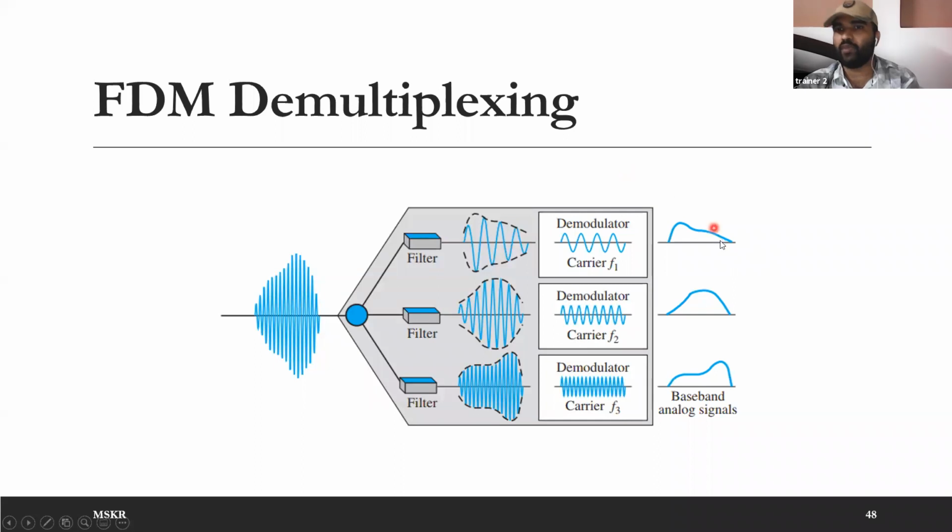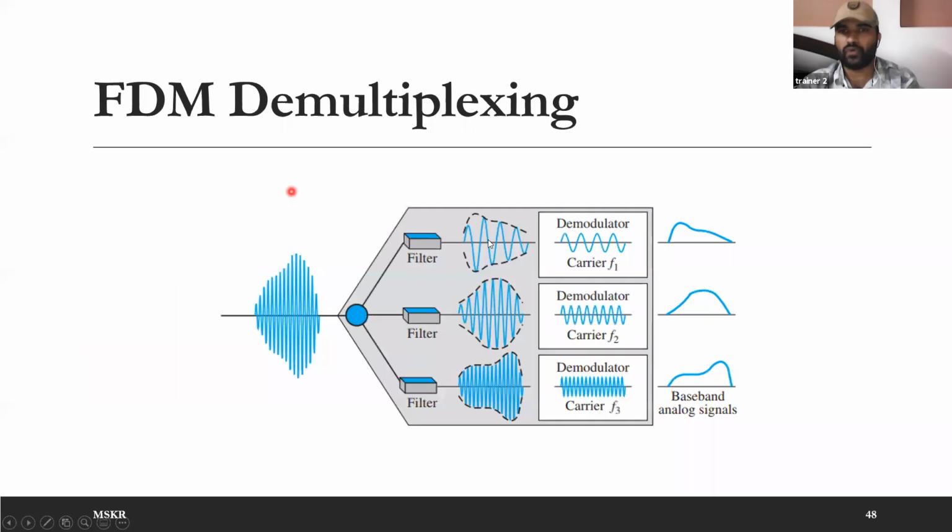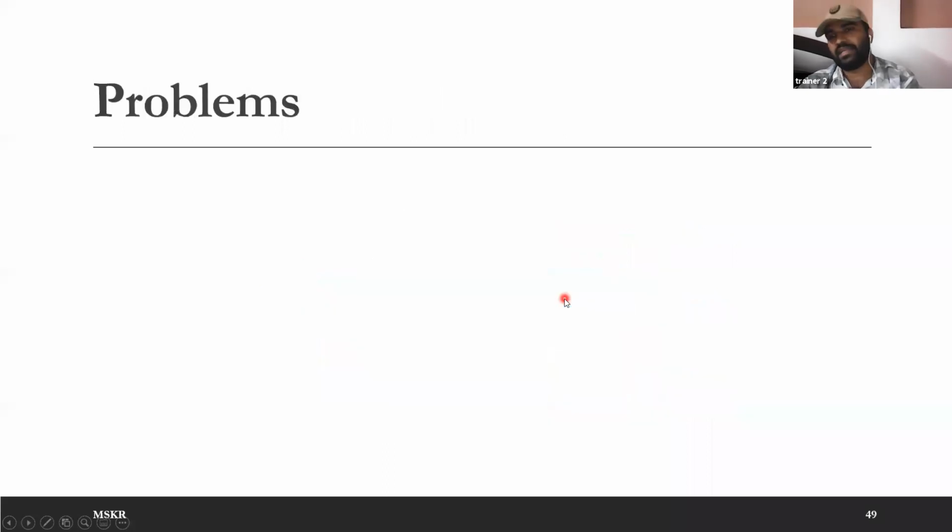So you are going to demodulate it into the corresponding actual original signal. As you can see here, a demodulator is also fed with the same frequency which is used on the sender side. So 93.5 here, 98.3 here, and 102.1. So it is going to do the reverse operation. Whatever you have done to get this signal from the actual original signal, you are going to do the reverse operation so that you will get the original signal from the filtered received signal. Okay, so this is the demux operation, that is on the demultiplexing side.